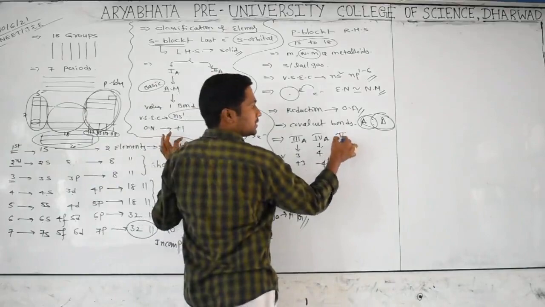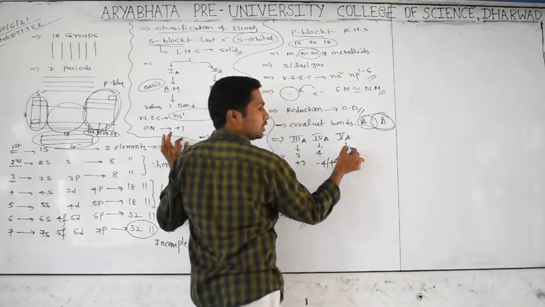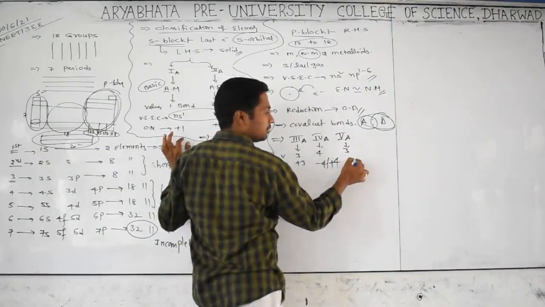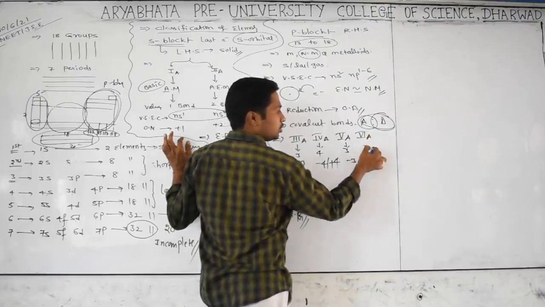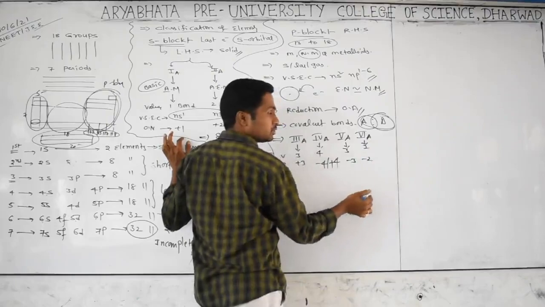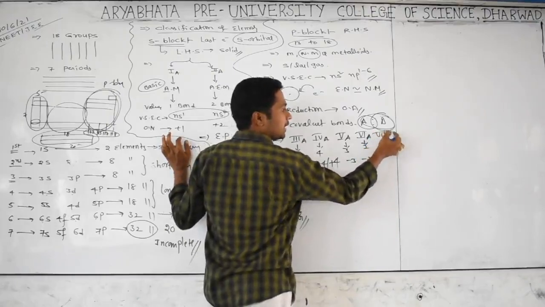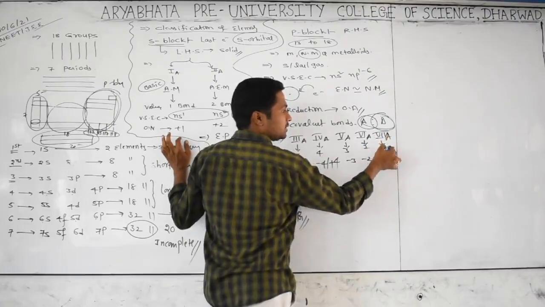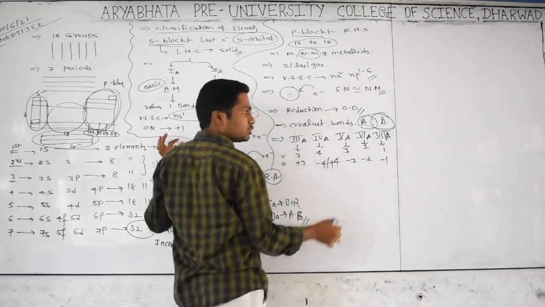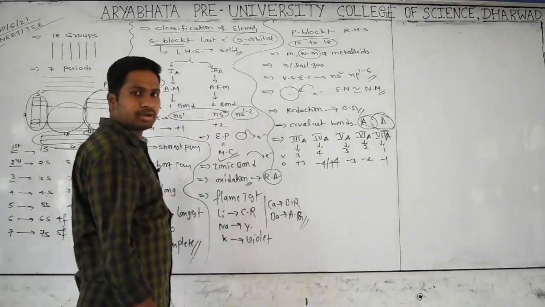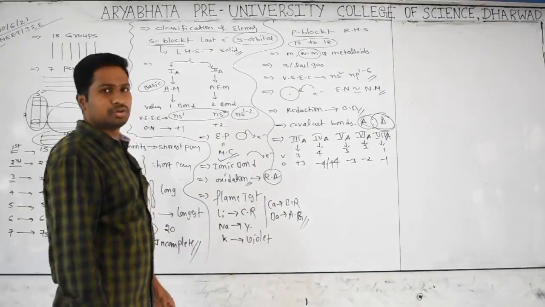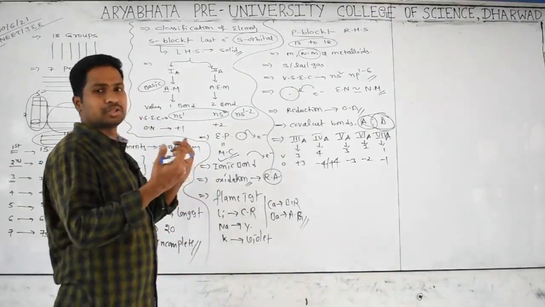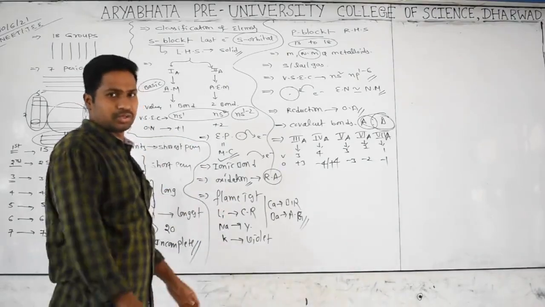5A group elements, valency 3 and oxidation number -3. 6A group elements, valency 2 and oxidation number -2. And 7A group elements, halogens, valency 1, oxidation number -1. Inert family, 8A group elements or 18th group elements, are called inert gases or noble gases or zero group elements, because no valency means no combining capacity, no oxidation numbers.